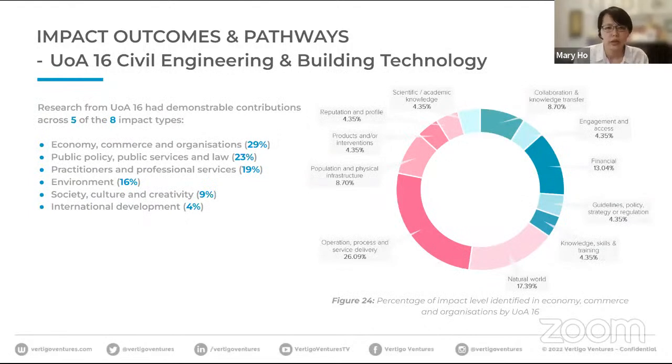The third UOA that I would like to share is UOA 16, Civil Engineering and Building Technology. Again, similar to chemistry, 10 case studies were submitted in this UOA from all the universities. Research from this UOA actually had demonstrable contributions across 5 of the 8 impact types. So as you can see here,